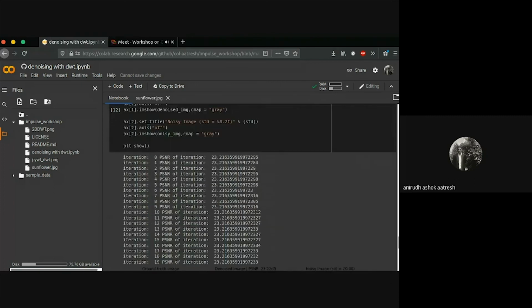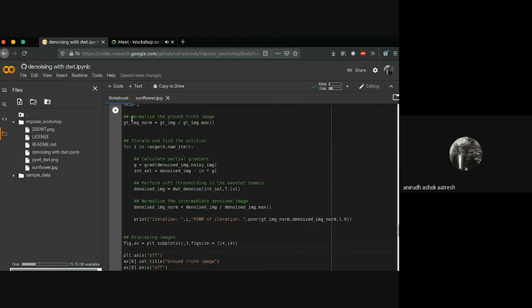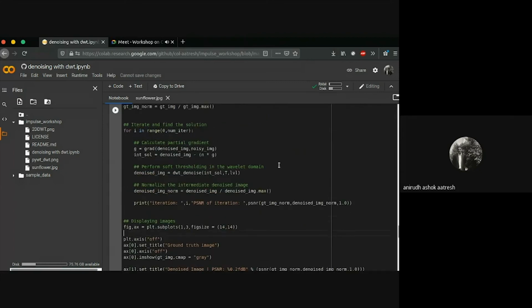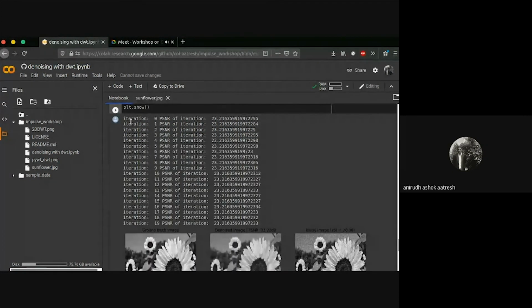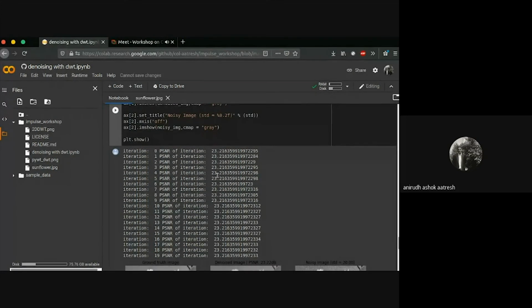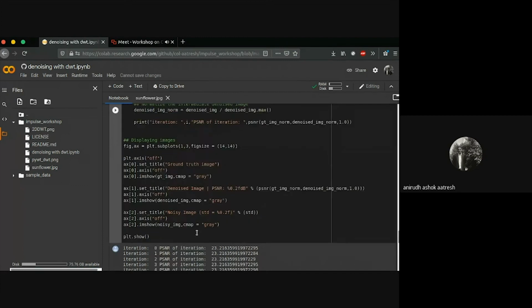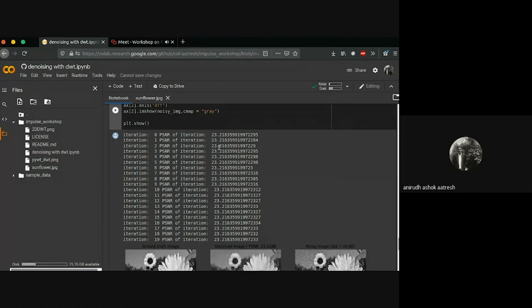Basically, when you run this cell over here, what is happening is that you're processing the noisy image in the wavelet domain, enforcing sparsity in it, and converting it back. Iteratively, when you do that, you obtain a denoised image over here. Here you can see at iteration 0 itself, it has pretty much solved the whole problem. But I had run it for many iterations because when I was tuning it, it was much slower. But this works well too.